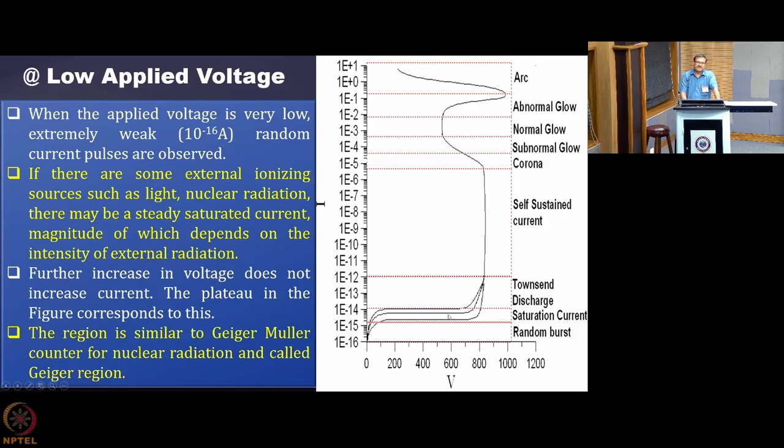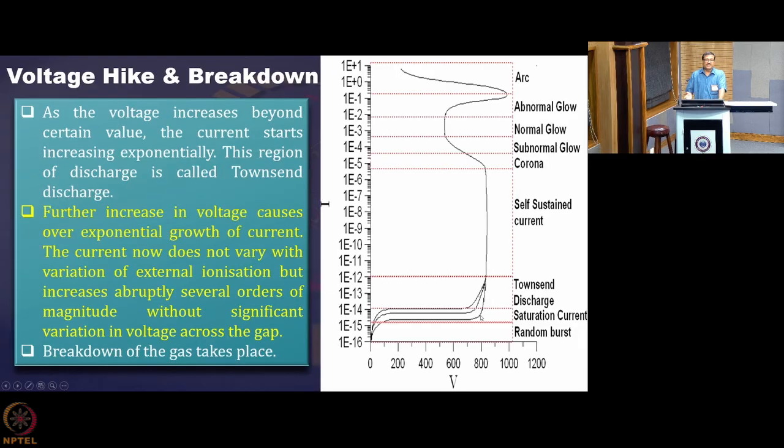Why is this constant? Because as you increase the potential, it has no effect, since it is able to collect all the electrons that were present. So, the current is still extremely low, and this plateau region is similar to the Geiger region in a GM counter. Now, up to here you see the plateau region, then when you increase the voltage further, you see an exponential rise in the current.